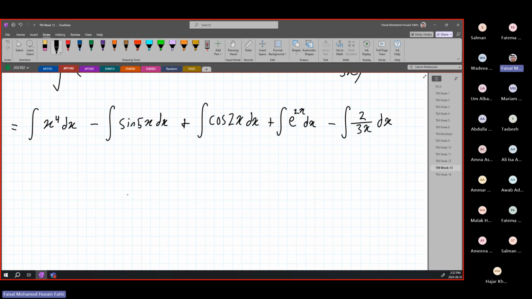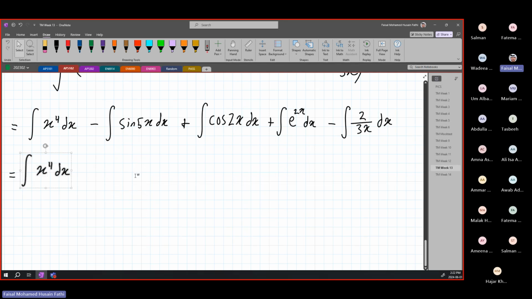In the first one, we do not have any constants, right? So I'm going to actually keep it in the same form. I'm not going to integrate yet because I want to integrate all in the same one step. Second one, again, you don't have any constants. Keep it the same way it is. Third one, we don't have any constants. We're going to keep it the same way.